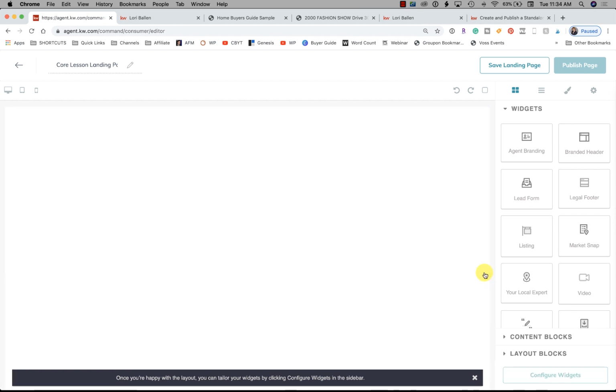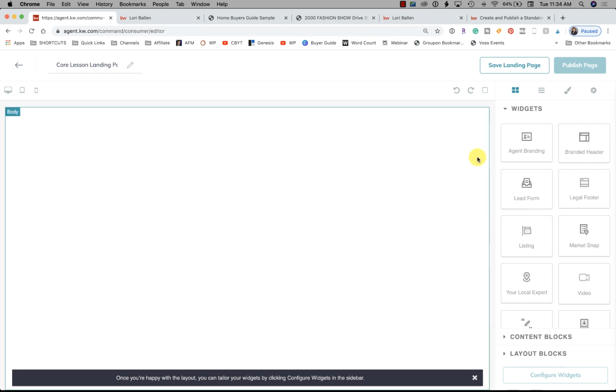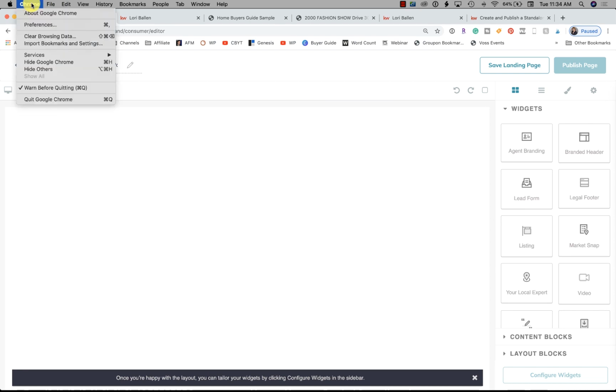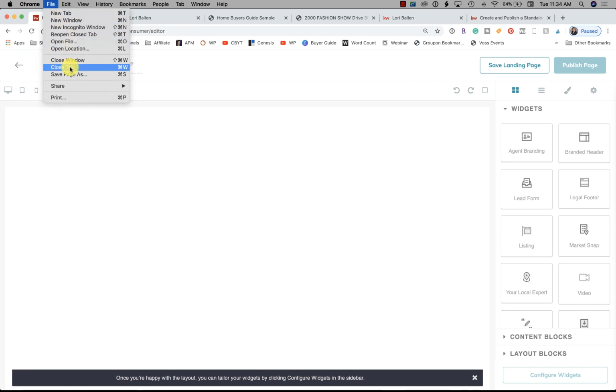Now, a little heads up, as they're building these out, I find some technical issues sometimes. And the best practice for me is to exit out of the page, save it, exit out, come back in, and then I can usually get past whatever the hangup was. Another suggestion often made by KW Command as they're building this, or KW, is to build in an incognito window. So if you have Google Chrome, you can just go to File and then go to New Incognito window, and